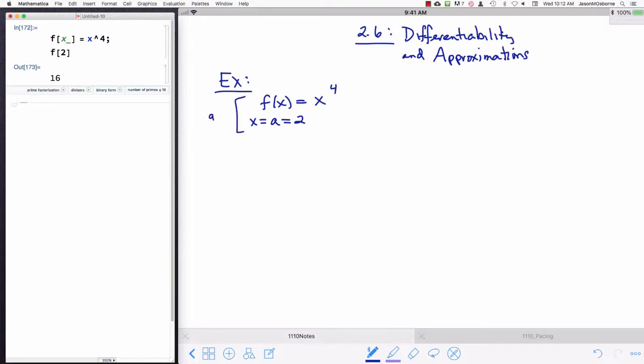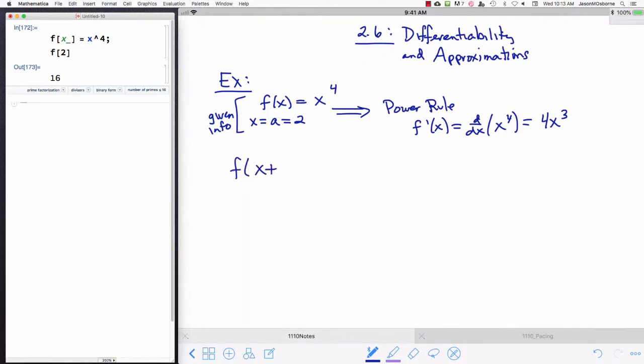And this is given info. You're given a function and a point of interest. And we know from the power rule that the derivative of x to the fourth is 4x cubed. And we know where that 4x cubed comes from. We know that it comes from the f of x plus h expansion of the function, and from Pascal's triangle,